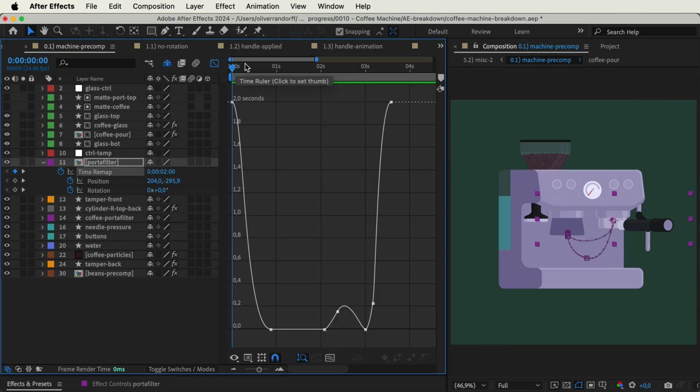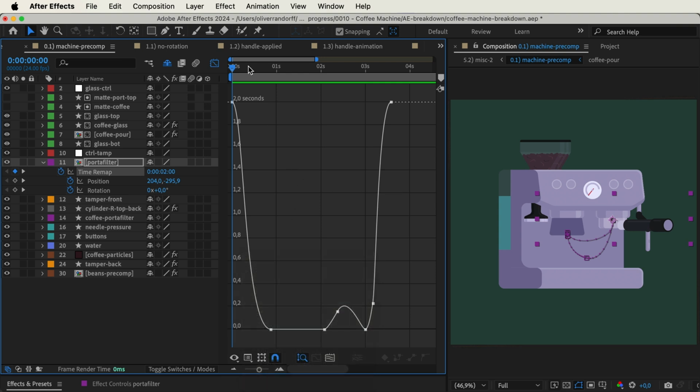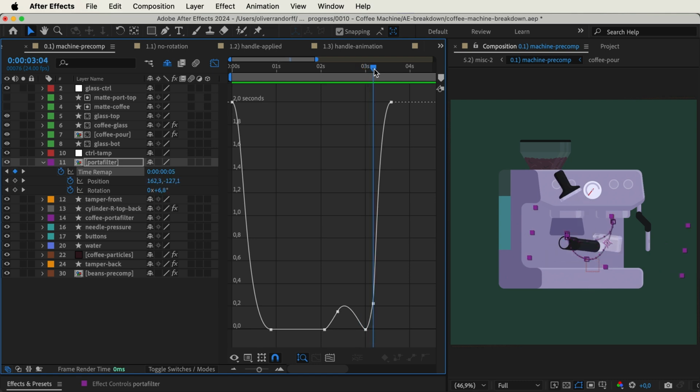And when we use that concept, you can see here in the main composition with the time remap, and we have the value graph showing, you can just see that it indicates whether it's rotated all the way to the right or all the way to the left. And as it goes through the animation, you can see we have some slight rotation back and forth here to create some life. So it's not just as static. And then again, it goes all the way to the right at the very end.